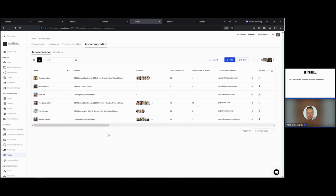And Jen, to answer your question, and a vital question, yes, Yamdu is an online system. It requires an internet access. You can export and download information in advance, of course. And we always say that, you have to, of course, work with the system. If you're shooting at the top of a mountain in the Alps and you know that the internet connection will be spotty, then you will, of course, need to export some information in advance,